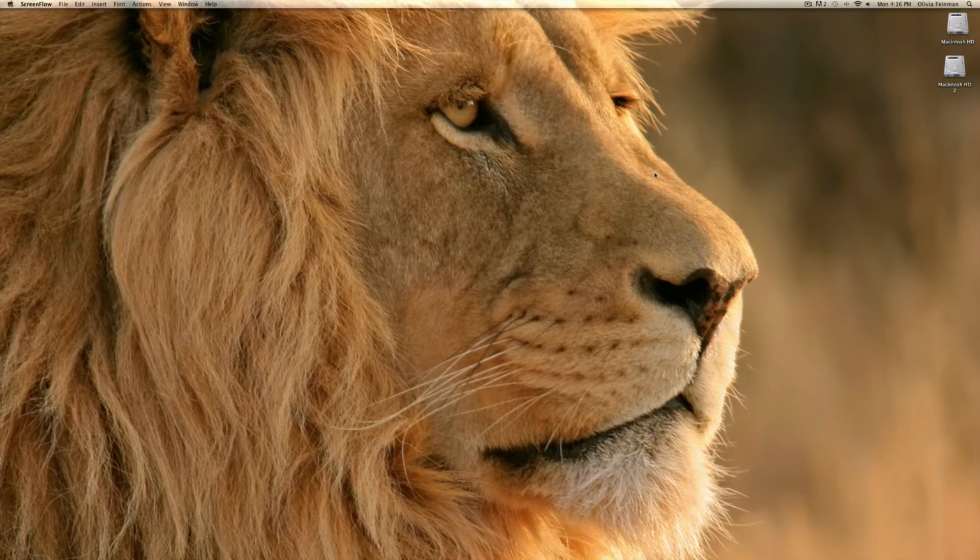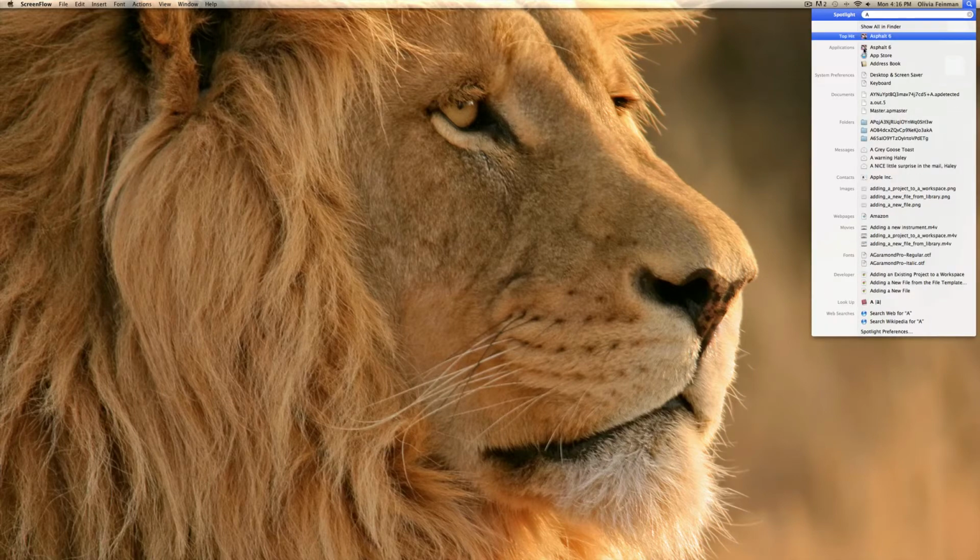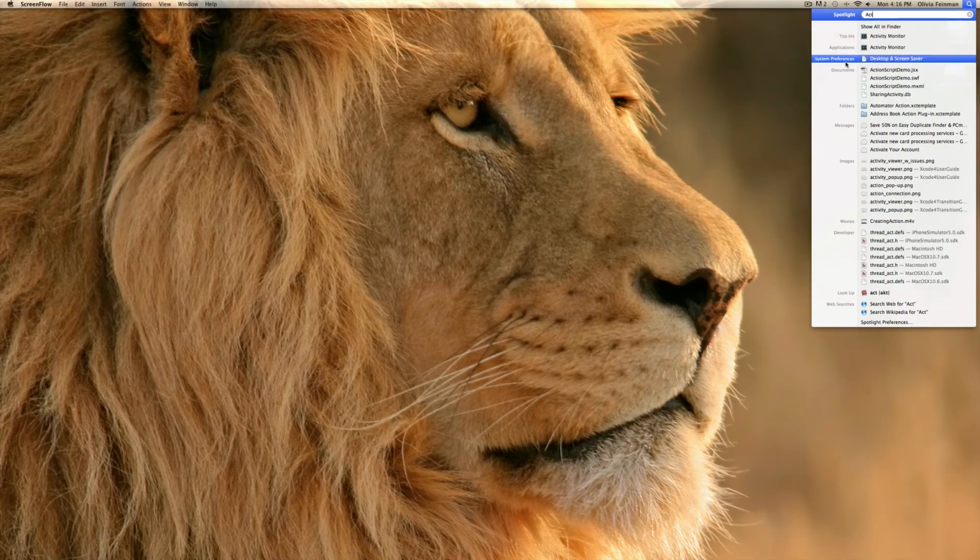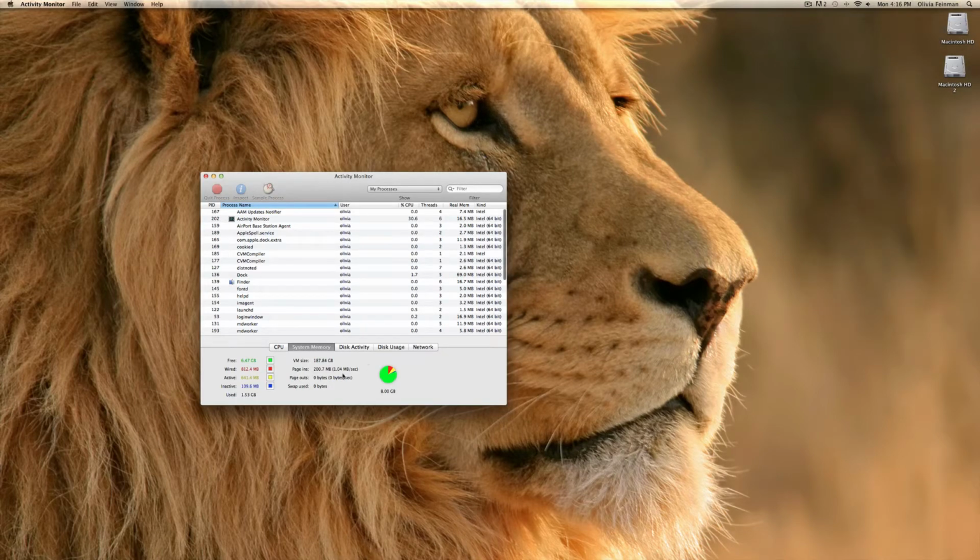So the Mac has this feature built in, it's called Activity Monitor. So we're going to go to Spotlight here and search Activity Monitor. Activity Monitor, you can see that right there. Alright, now you're going to start out with this, and you can see how much of your CPU or your processor